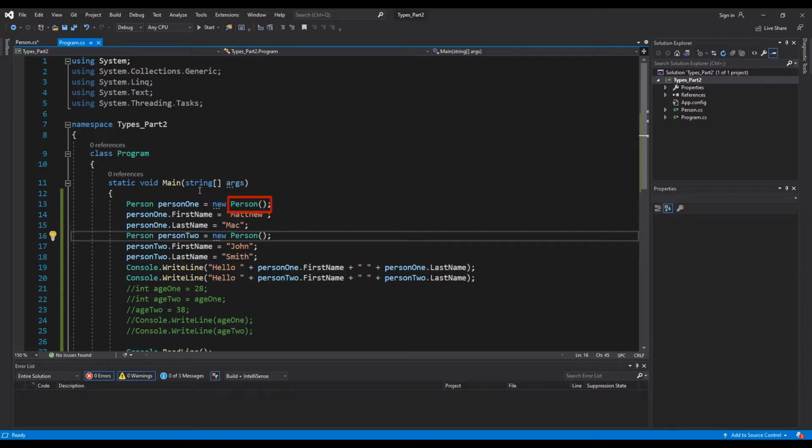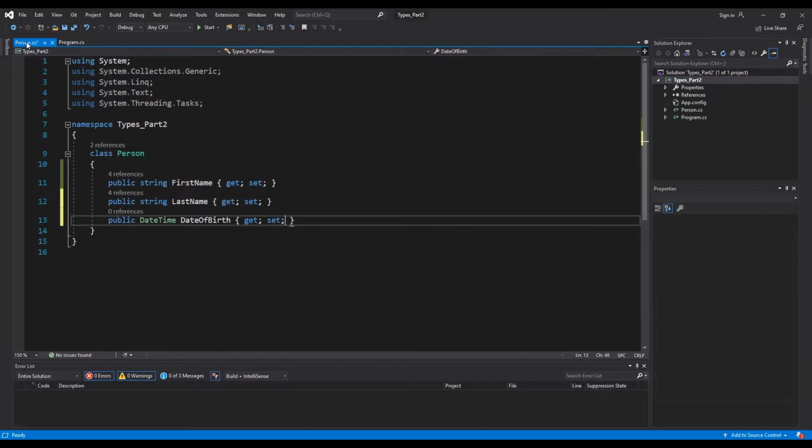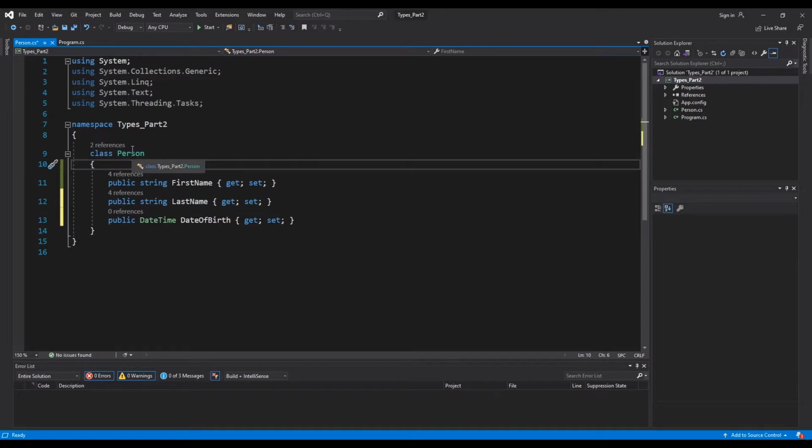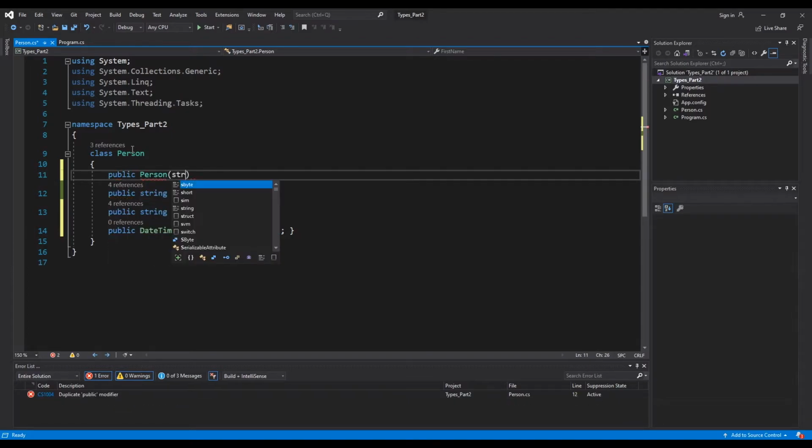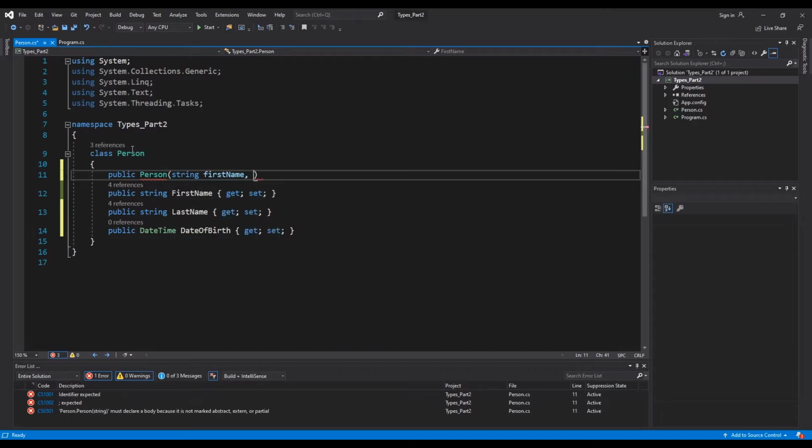It's just automatically available. If you define a constructor though that takes in some parameters, then the default public parameterless constructor is no longer available and has to be defined if you want it to be available for use. So let's add a constructor so that we can supply a first name and last name when instantiating an object. Let's head on over to the person class and add this constructor using the following syntax: public Person(string firstName, string lastName) {